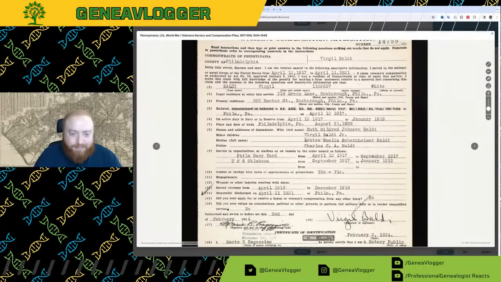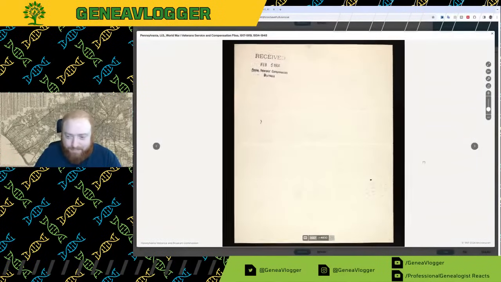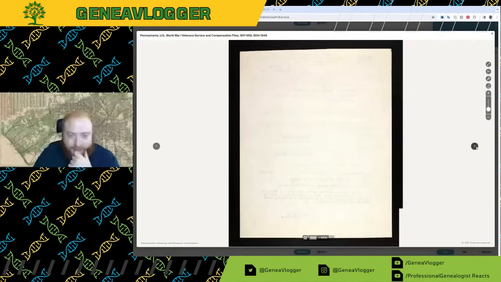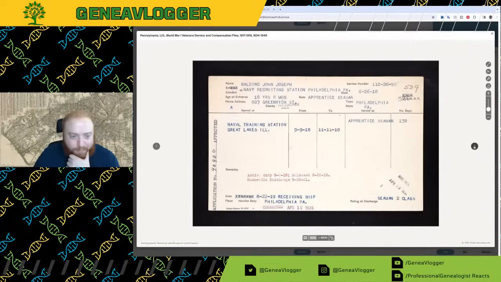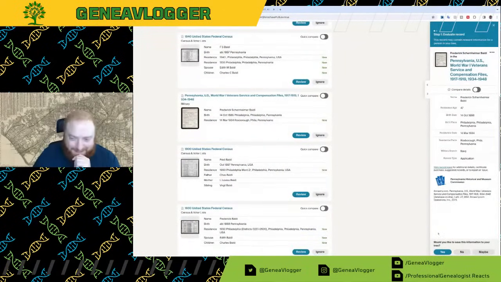So, Roxborough, Philadelphia. Ruth, we have Louis, the parents. Most of these are in order, so if we go through, we'll probably find multiple siblings. They might be further back. But we're not going to focus too much on this.